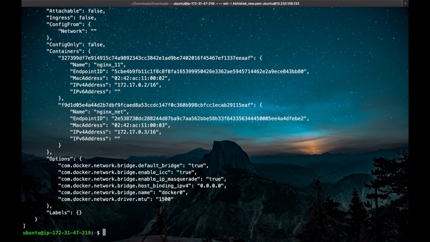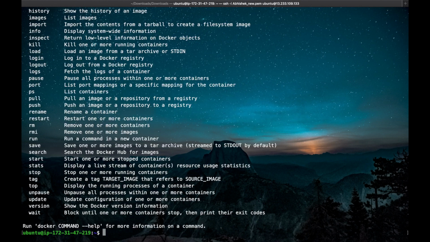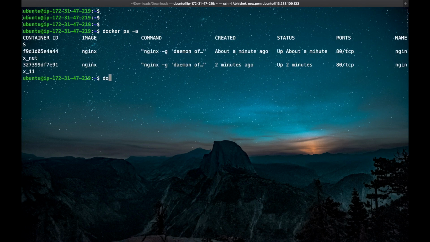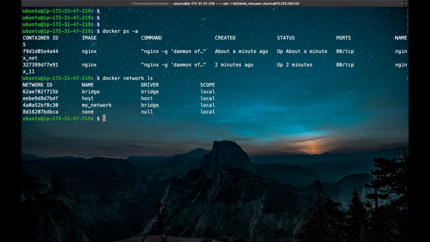Let's point these two containers to our custom network. First we have to find the containers, and we have to find the networks. Now we have to attach these two containers to this network.